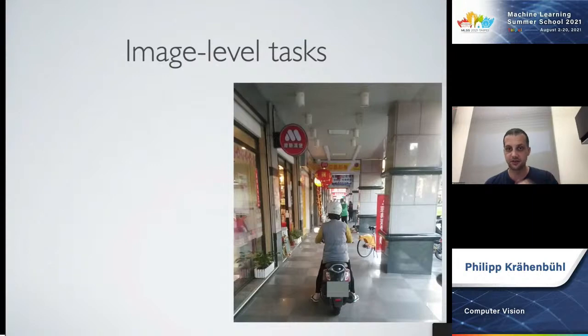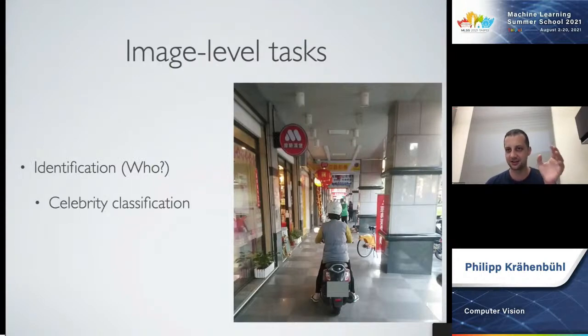Then you can also infer who is in the picture. This is often done through celebrities. There are large data sets of celebrities, and you can classify who is in this picture. Now, if you take this a step further, you can go beyond celebrities, and you could even infer an identity for each person in this picture. This is called re-identification. In recent years, this has found many negative applications in terms of surveillance. It's also not that actively studied in computer vision anymore because of this. But it's definitely a problem that people looked at quite a lot.